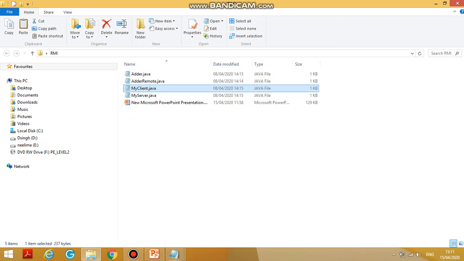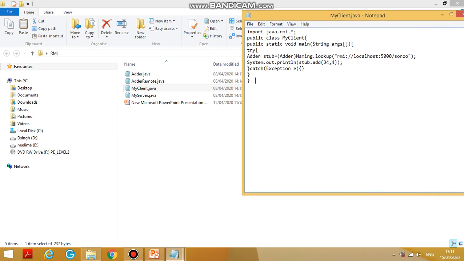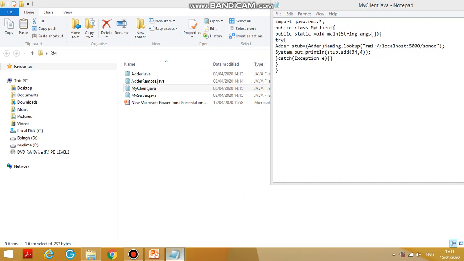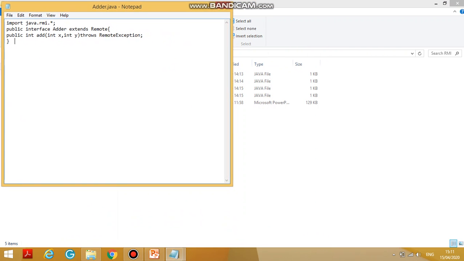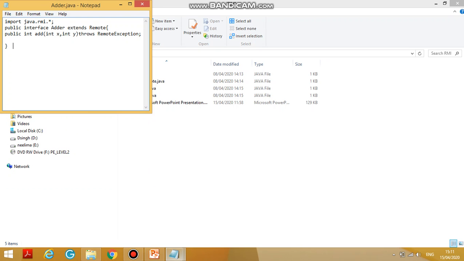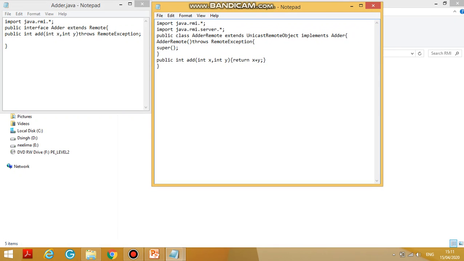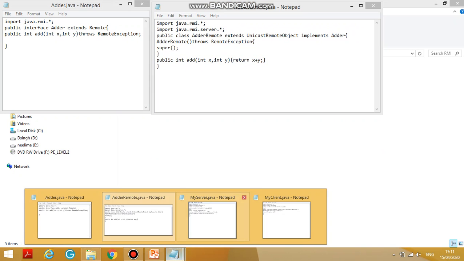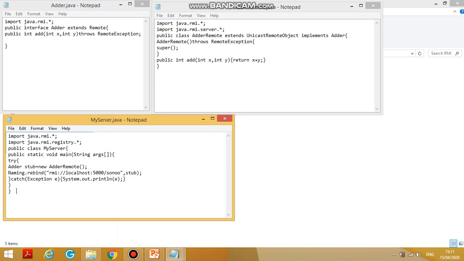The last is the client code. In the client we do the same things: the Adder stub, RMI on localhost, and the values are passed there. On this screen you can see the 4 programs: first the Adder, second the AdderRemote, third the server, and last, the fourth, is the client.